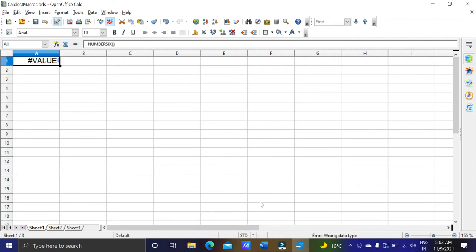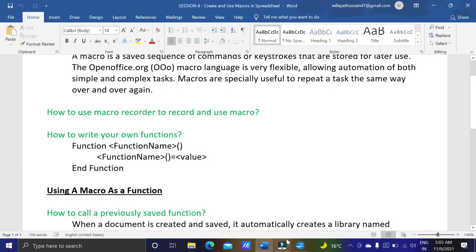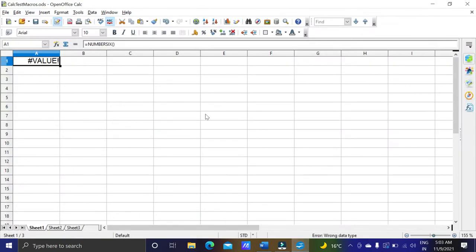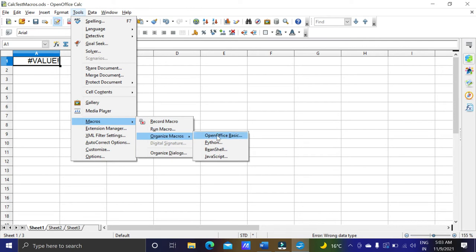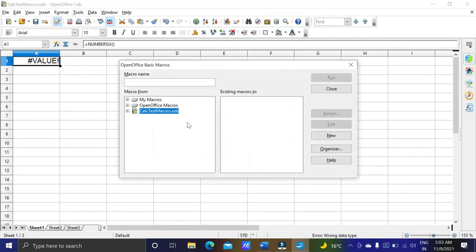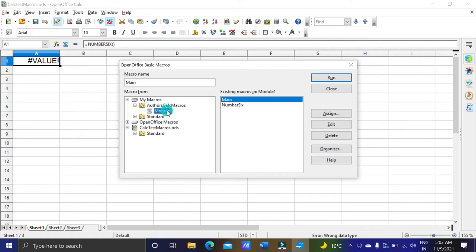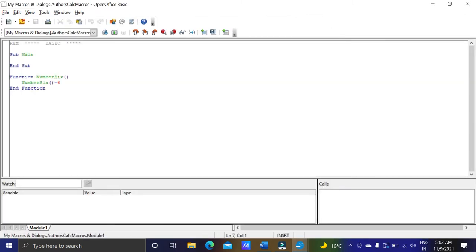I'm not getting the value. So what is the problem? Let's see the code again. Tools, Macros, Organize Macros. This is our macro, Standard, Authors Calc Macros, Module1, number6. Let's edit. What is the problem?